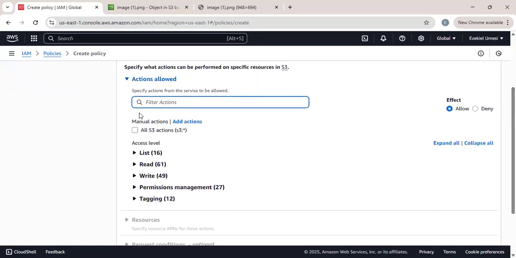Now you can see the effect: allow or deny. Whatever you choose to deny will be denied, but we're doing allow. So our co-worker wants to be able to upload stuff on S3. You can see the manual actions, all S3 actions. If I click on all S3 actions,